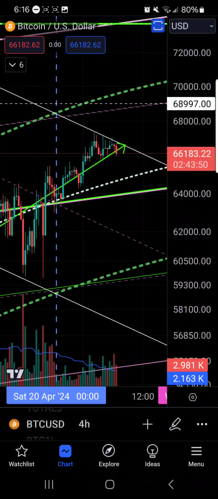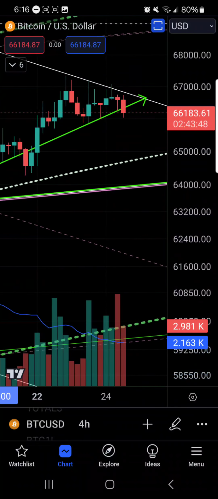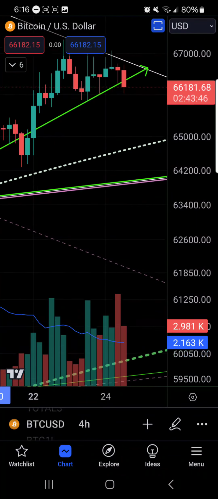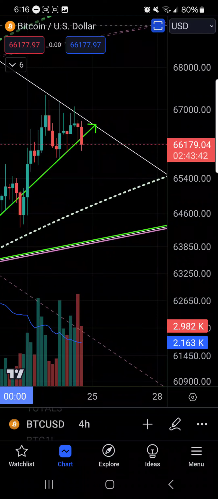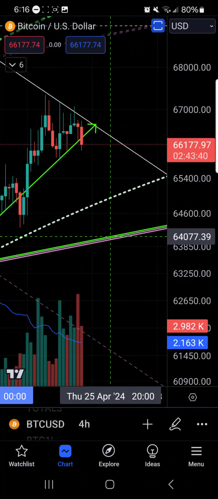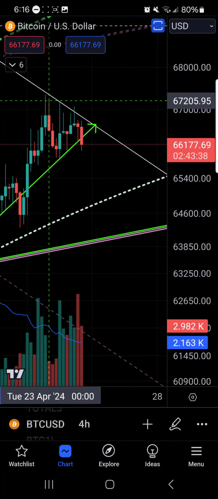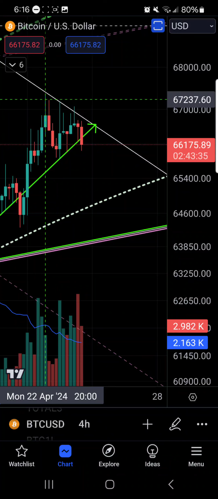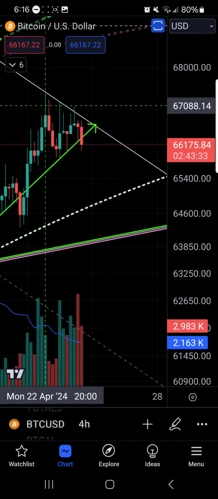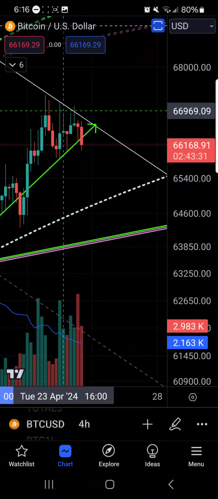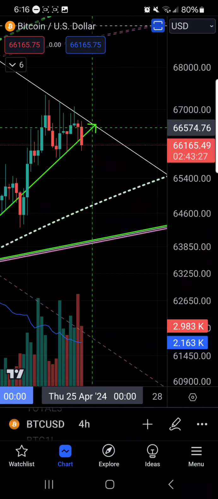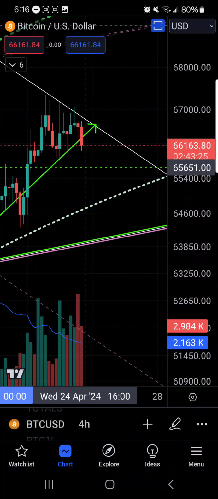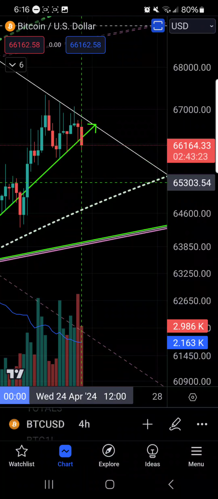And currently, what are we doing? Oh, look at that. We're dumping. Oh, this is awesome. Okay, good. I was predicting that we would dump from here. And you could see this week we've been hitting it, rejection, rejection, rejection, rejection, all the way down here. And now we're dumping. That's good.